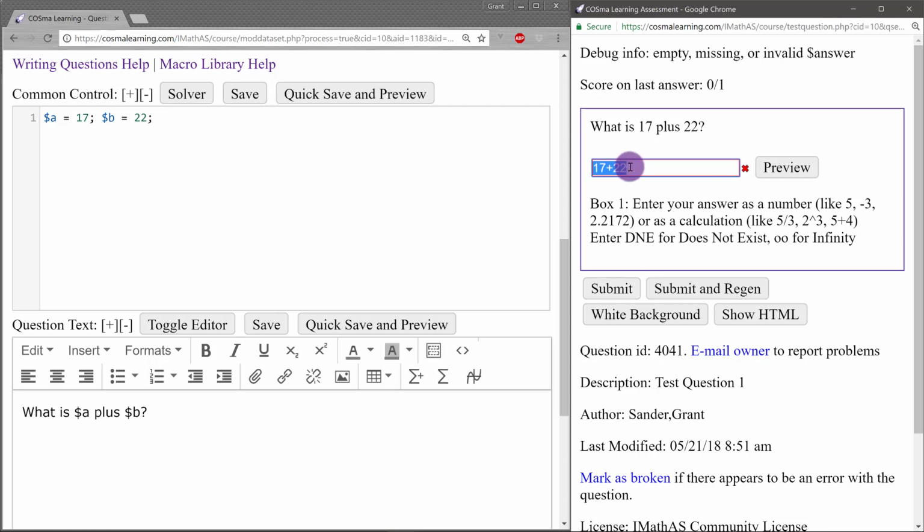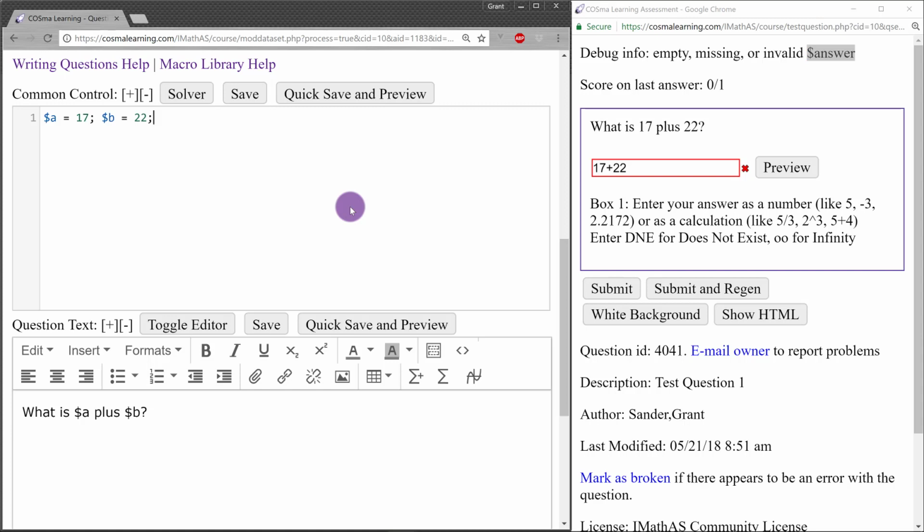We were expecting this to be correct, but at the top we see we have some debug info. We have empty, missing, or invalid answer variable. So what this says is, well, we haven't defined an answer variable, so the system doesn't know what the actual answer is. So what we're going to do is go back to our common control, and we're going to tell the system what the answer is. So we'll do $answer equals, and then the answer is 39, but we probably don't want